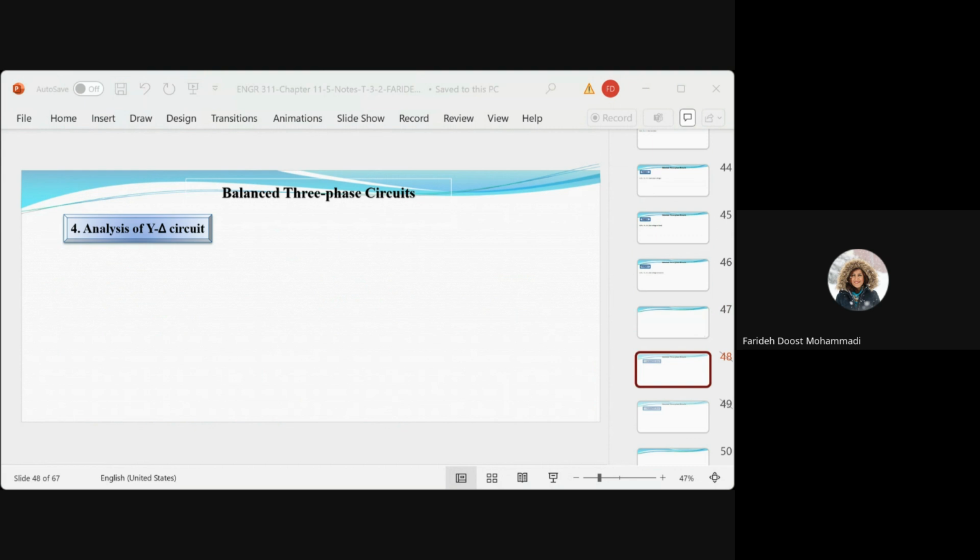So what I want to discuss here is how we can analyze a circuit if the circuit is Y-delta connected, or delta-Y connected, or even delta-delta connected. So if you have anything other than Y,